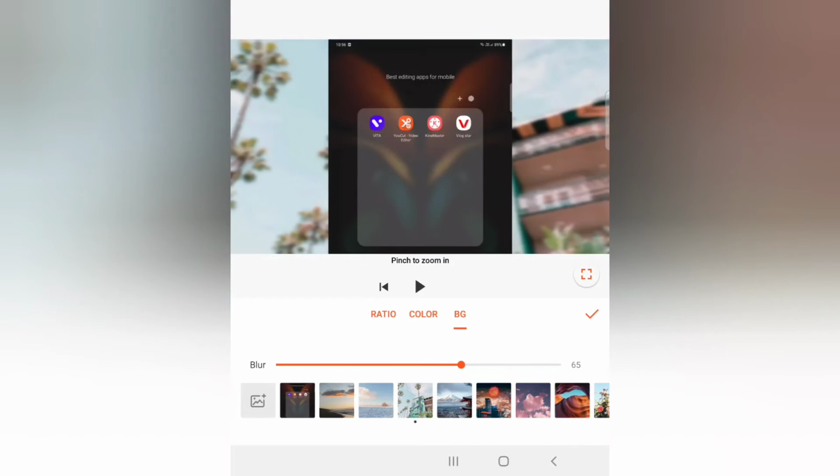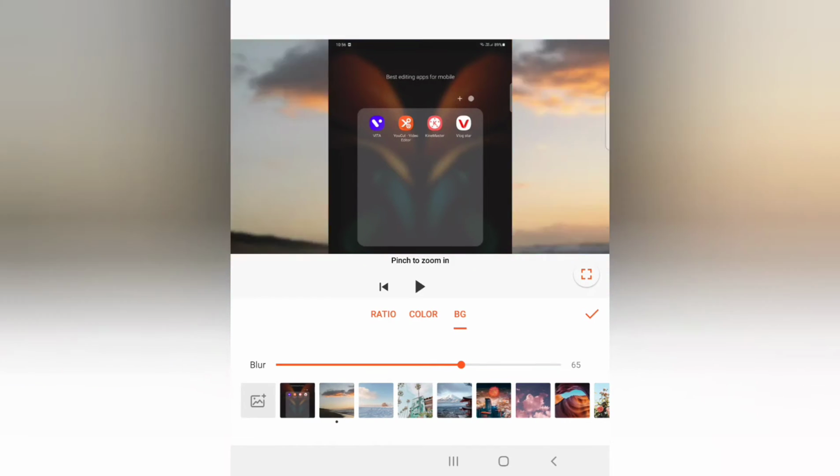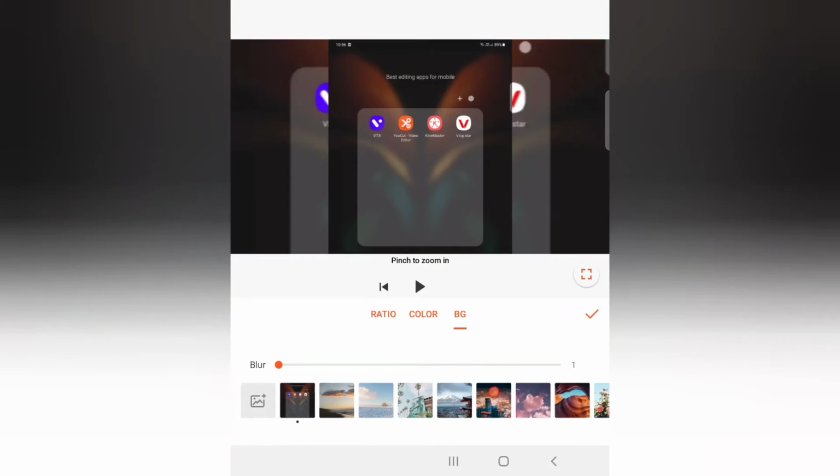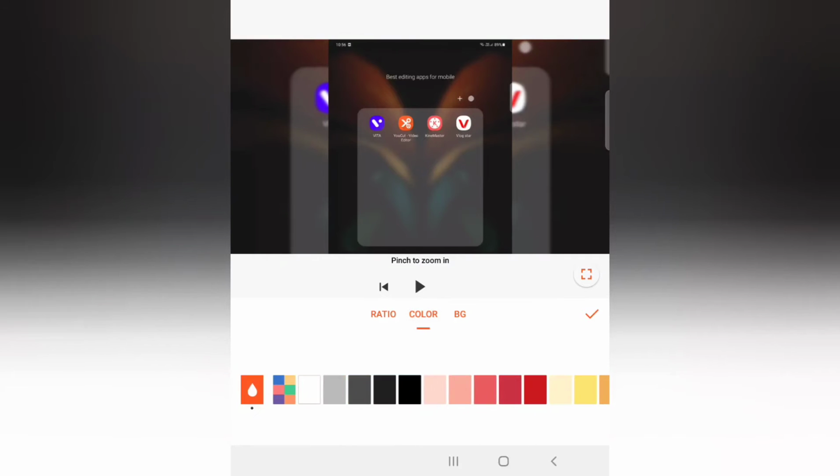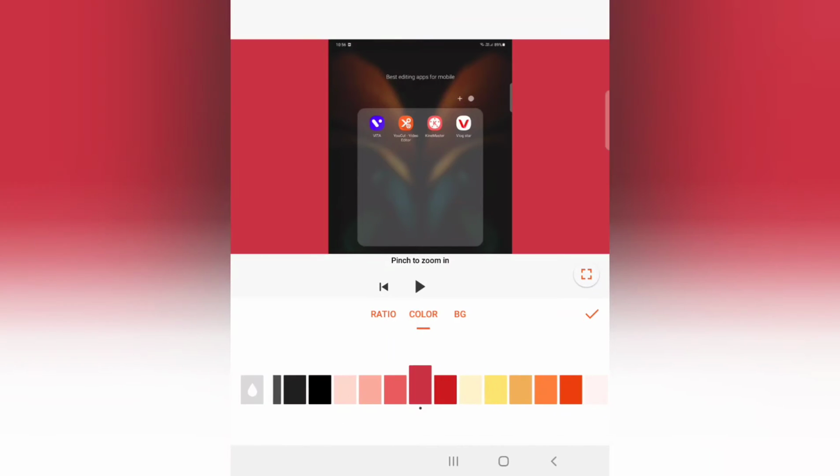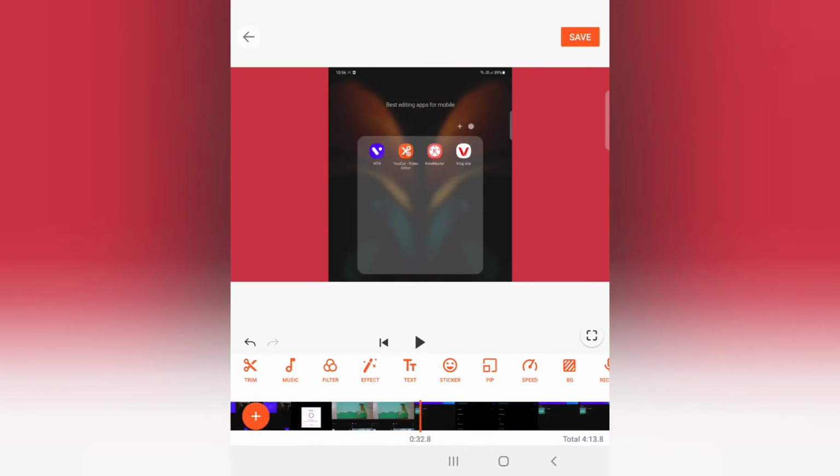So I like this backdrop. You can even blur it. See, the blur slider is at the bottom. At the bottom you can get the blur slider, and if you want your video's background to appear as the video only, you can even do that, or you can set it as a normal color, but color does not blur.